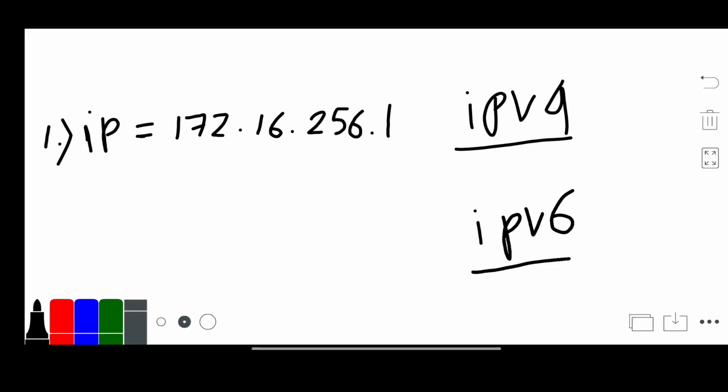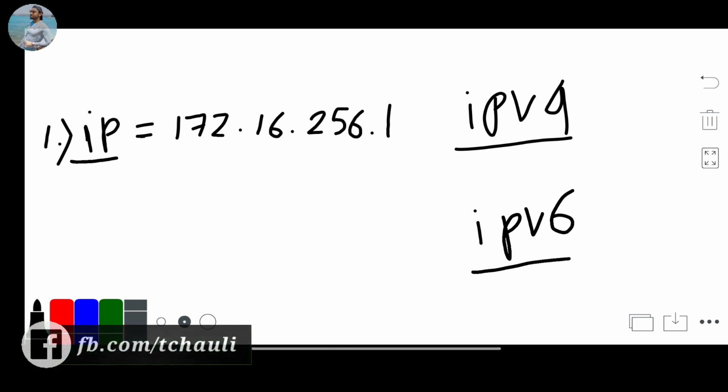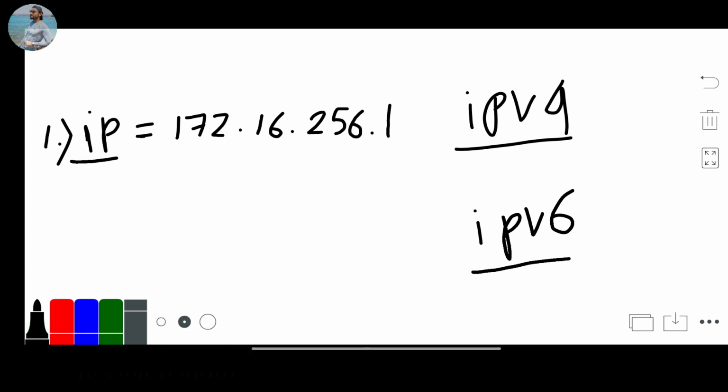In this problem statement, we are given an input string called IP, and we have to write a function to validate whether this is IPv4 or IPv6 or none of these. If it is not IPv4 or IPv6, then we will simply return neither as our output. So first we will check the IPv4 function. Inside this IPv4 function, first we split this input string by dot. If it is IPv4, there must be a dot between two groups.